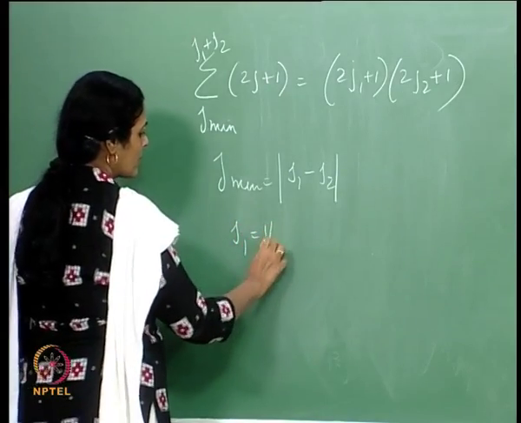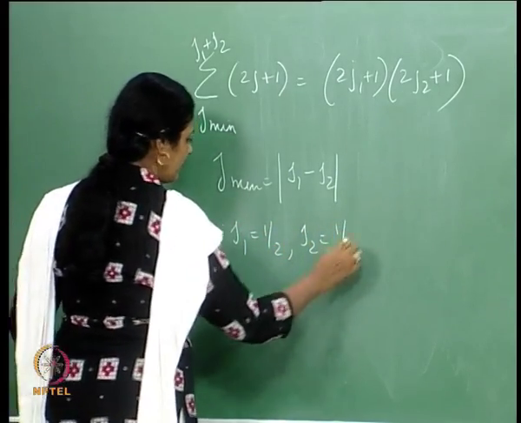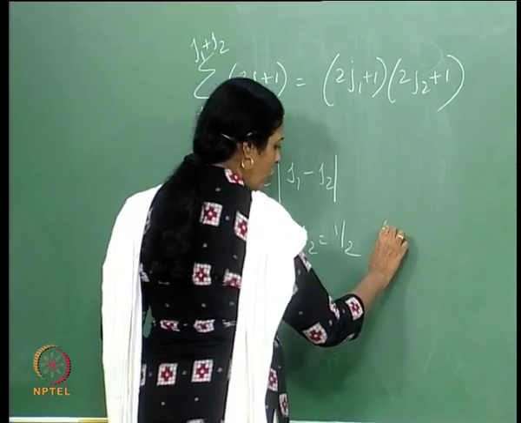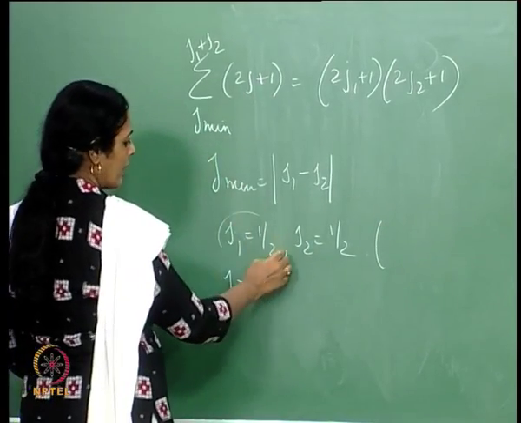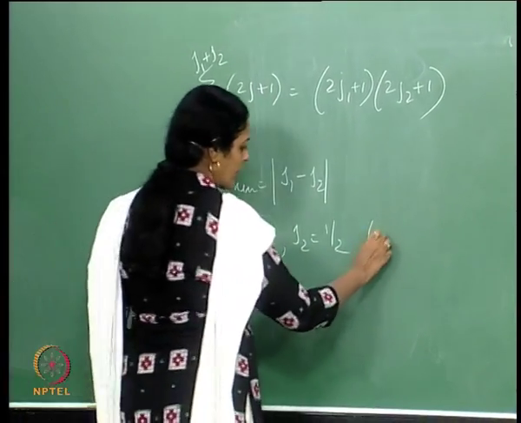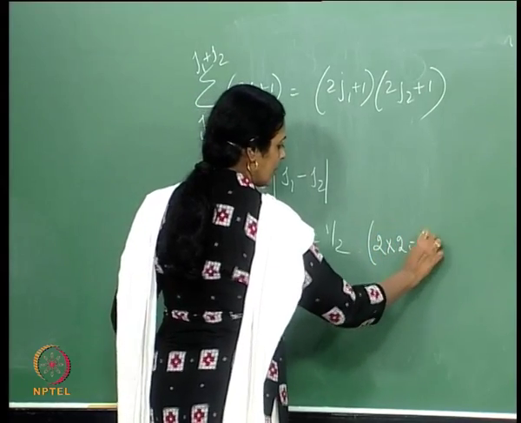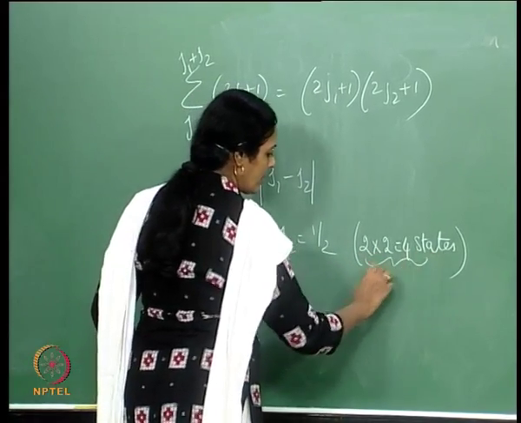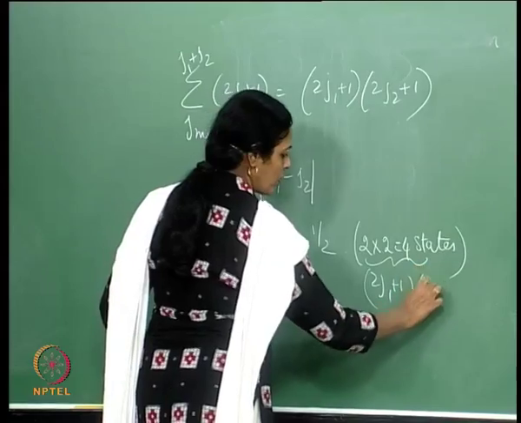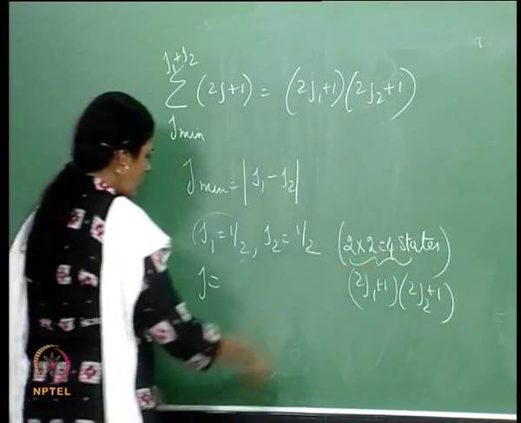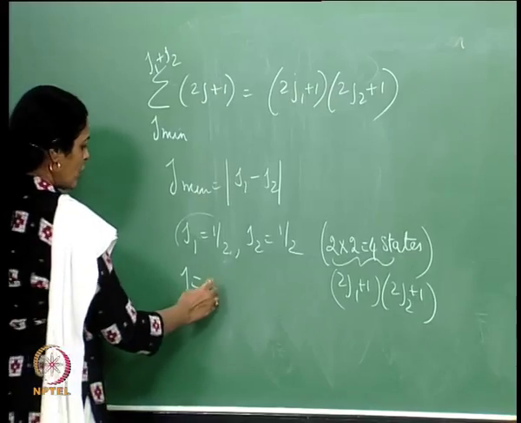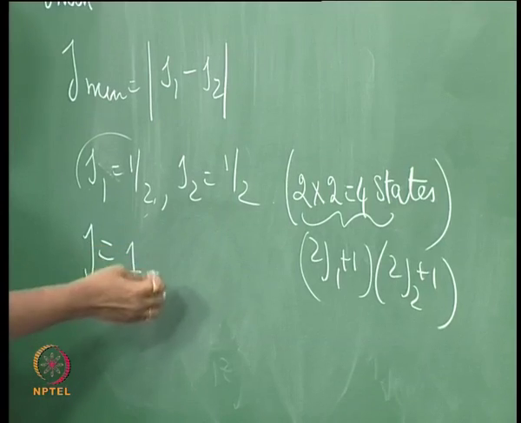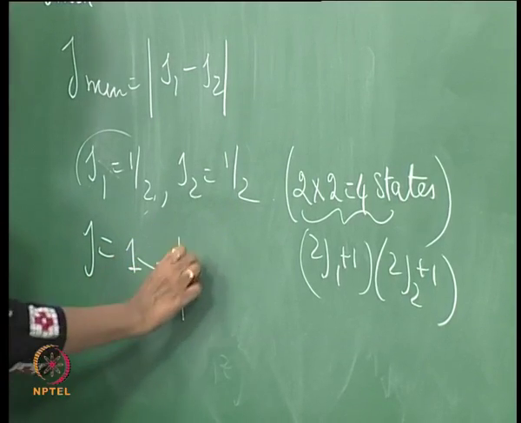Instead of doing that, I would illustrate this. Again, let us start with j1 is half, j2 is half. So the number of states would be 4, because for j1 I have 2j plus 1, that is 2 states. Similarly for j2 I have 2 states. So 2j1 plus 1 times 2j2 plus 1 in my example is 4 states. Now j takes values from j1 plus j2